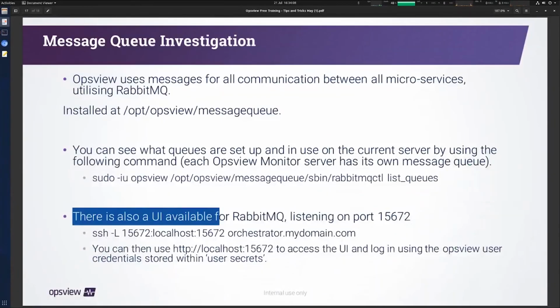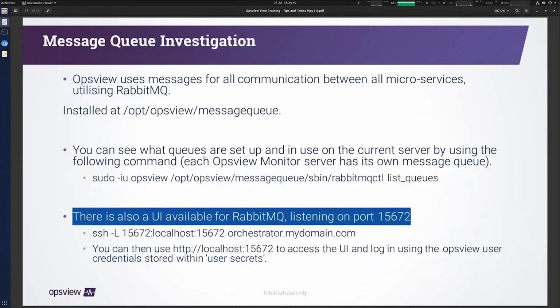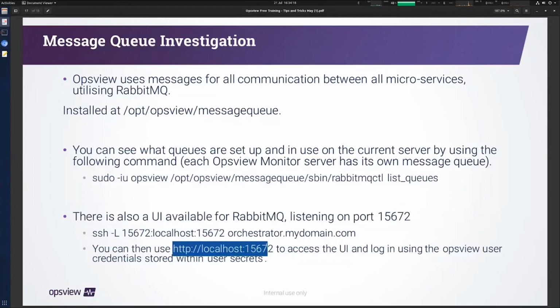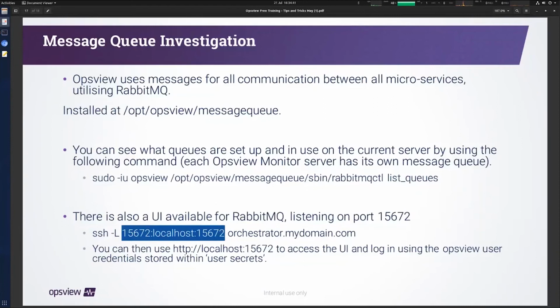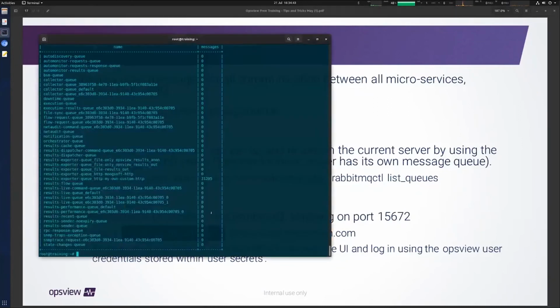You can also grab a UI for RabbitMQ. I'm not actually going to do that right now because it won't play nicely with screen sharing software. But if you do want to be able to see your RabbitMQ and you don't have direct access to port 15672, you can tunnel it from your domain or your main orchestrator through to your own UI. That's fine, but you can just open up port 15672 and then you can log in with the password in